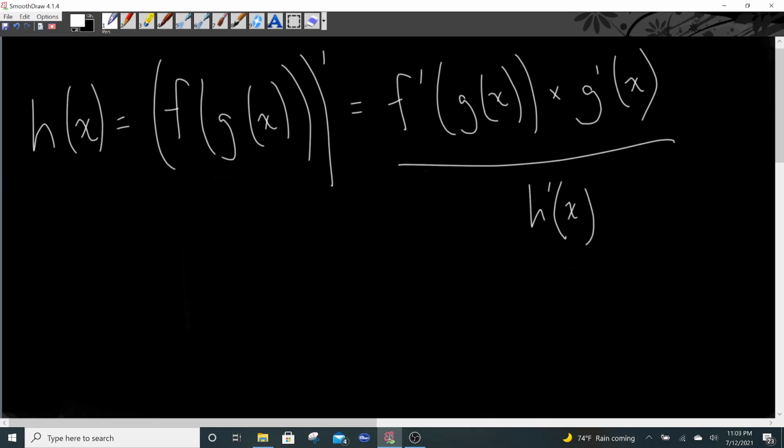And remember, h prime x is the larger function that takes in g of x as the input. So that's our first thing. And g prime x is the smaller function, or like the thing that takes in only x as input. So if we adapt this,